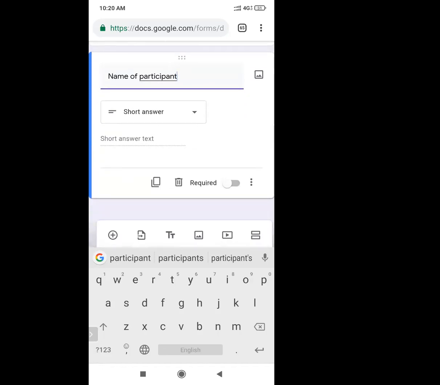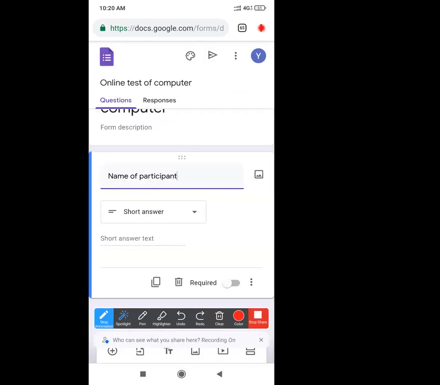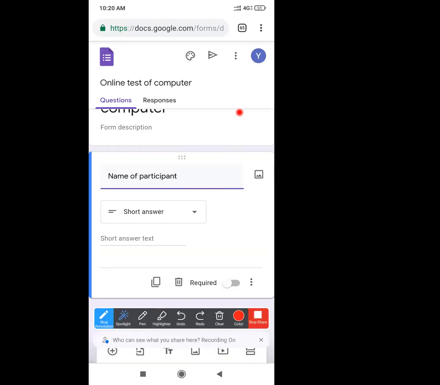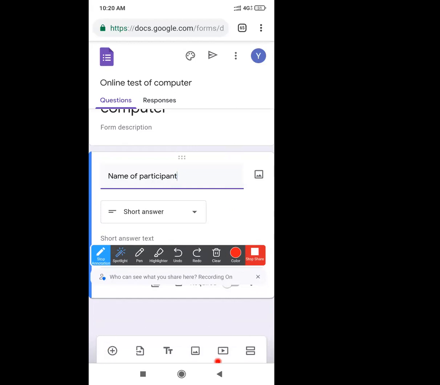For that you can see this area. Just a second, I will just annotate that area. Okay, can you see this section? Here you can see there is a plus sign. This plus sign shows that you can add a new question.